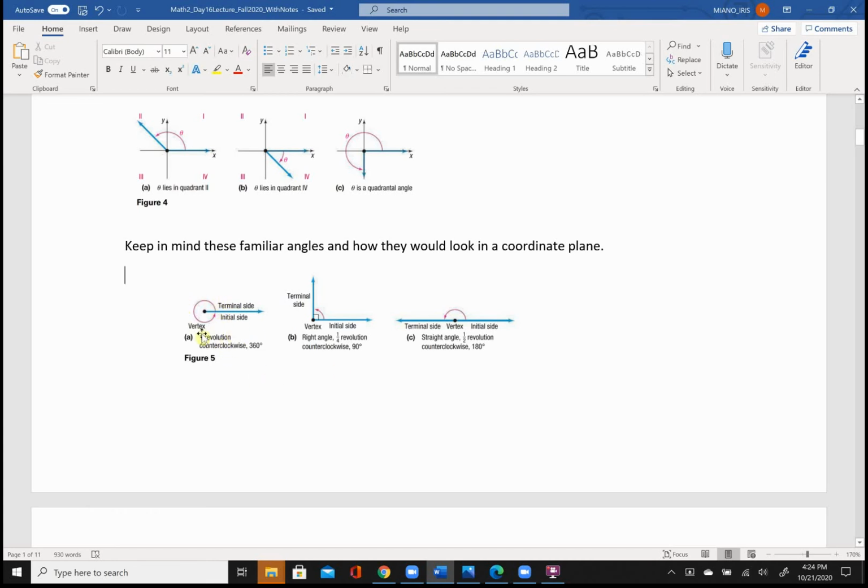So going 360 degrees is making a full revolution about the vertex. If you want to make a quarter of a revolution, that's equivalent to 90 degrees or a right angle. Notice the placement of this little box inside of the angle area. Also, even though this looks like a line right here, it's actually two rays joined at this vertex, and it is forming a 180 degree angle or half a revolution. Okay,